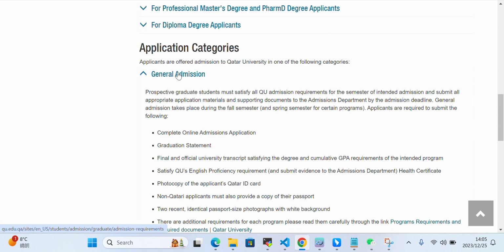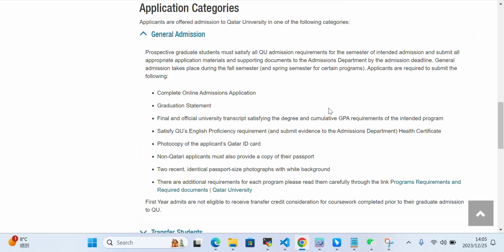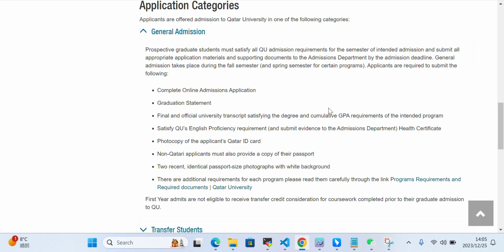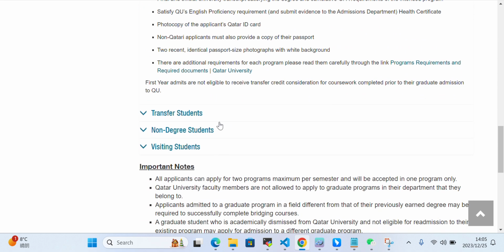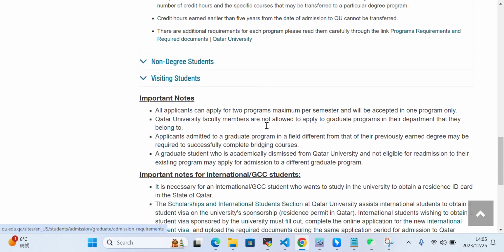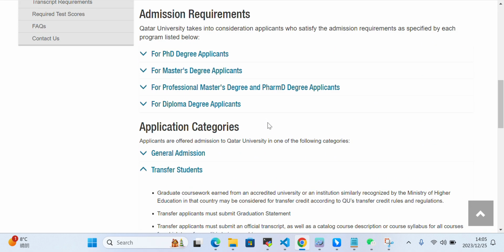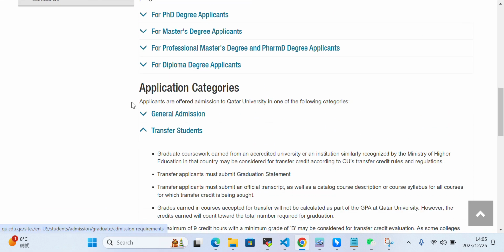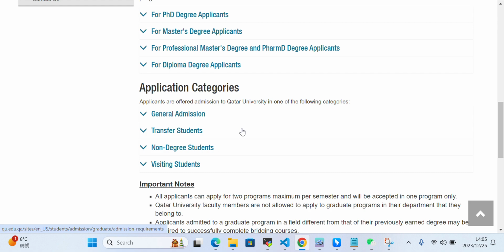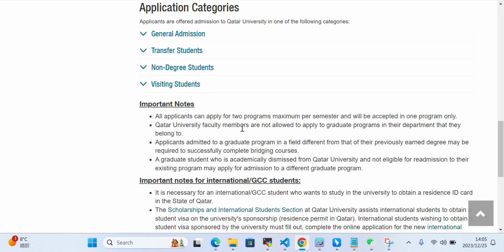And for general admission, you can take a look here. If you are a transfer student, you can take a look here about different requirements.